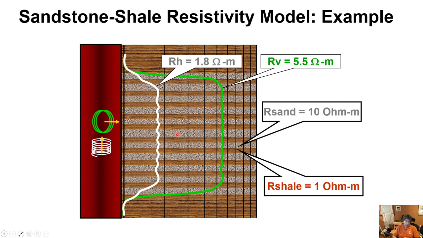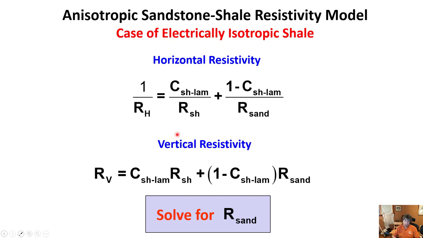of the sandstone. In the previous lecture, I showed you how to do the quantification if you have only the resistivity parallel to bedding plane and when the layers are horizontal. That was very important. And I showed you the equations, one for horizontal resistivity, or resistivity parallel to bedding plane, and the other for resistivity perpendicular to bedding plane. If you have one measurement, you have two variables, so you have to determine the volumetric concentration of shale, and you also have to determine the resistivity of the shale. Once you know those variables, with the measurement that we have here, we can estimate the resistivity of the sandstone, and then we can apply Archie's equation or modifications of Archie's equation to estimate the hydrocarbon saturation in